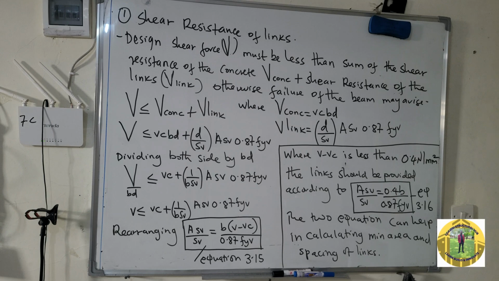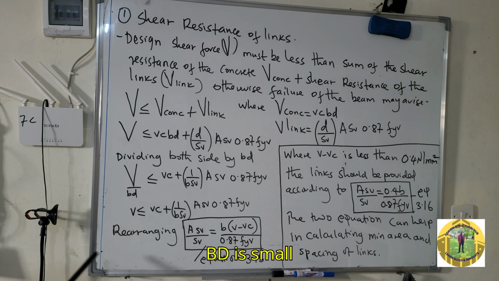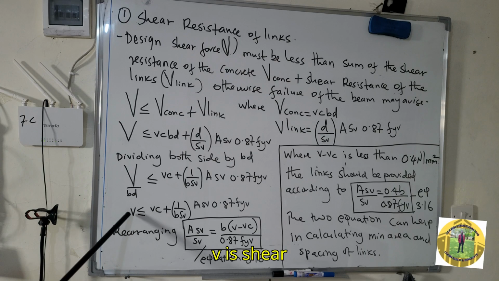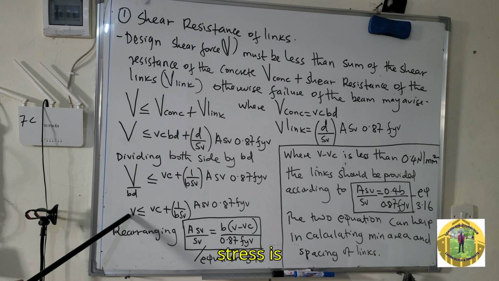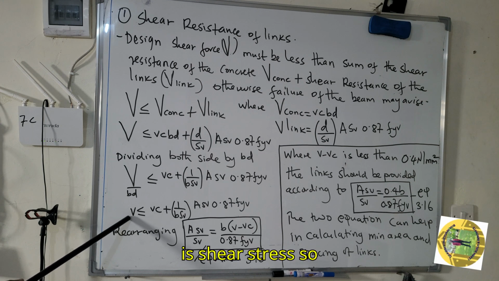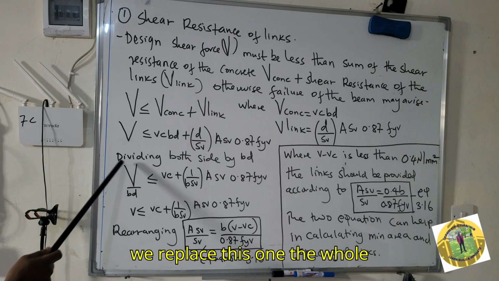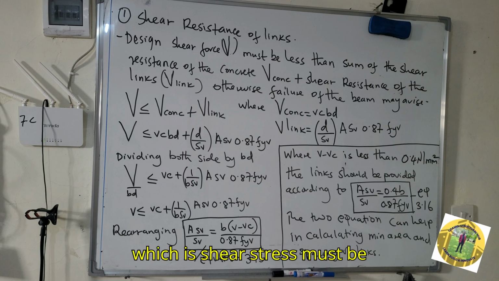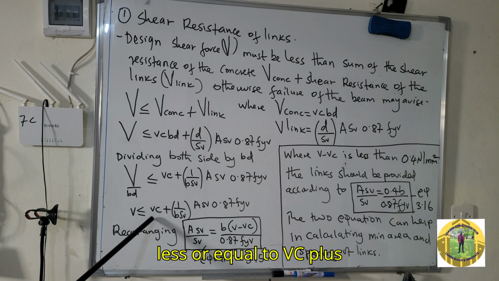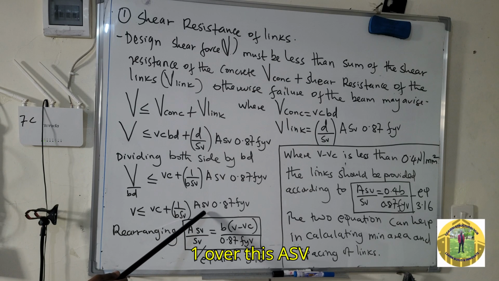We know that capital V over bd is small v, the shear stress. So we replace the whole of V over bd with small v, the shear stress, which must be less than or equal to vc plus 1 over this Asv